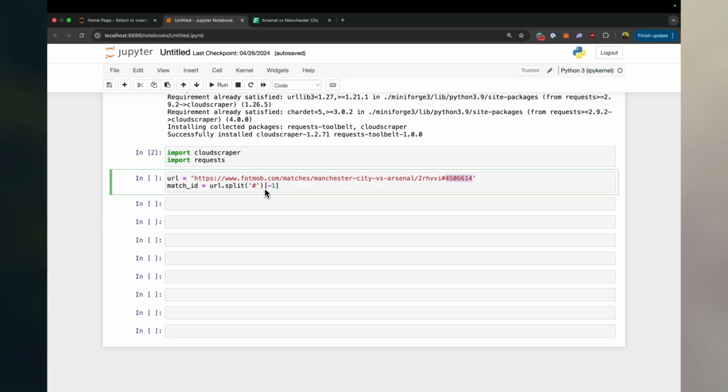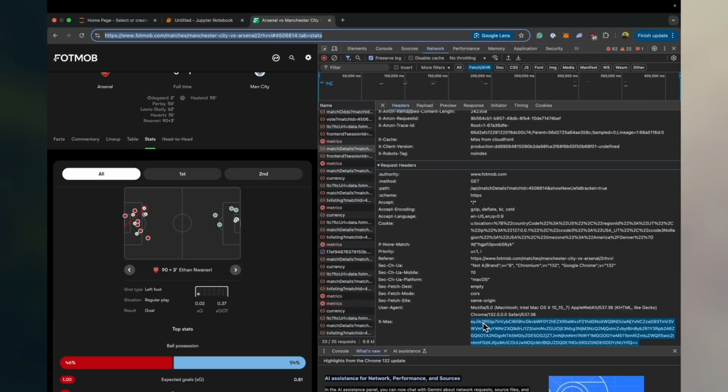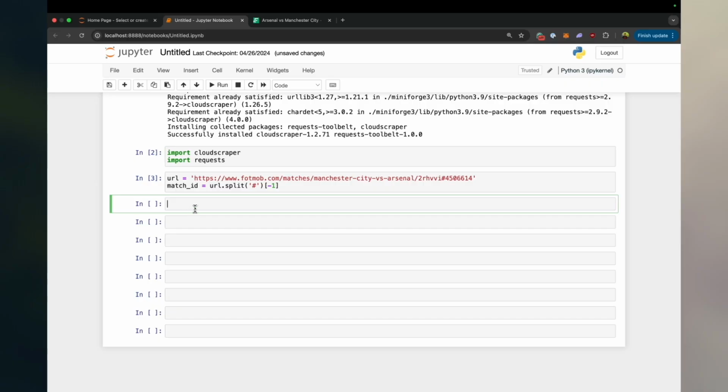So now we don't have to manually type in the match ID. We can just give it the URL, and this code will extract the match ID for us. And so now what we need to do is get this request token, so we need to get this request token before we actually go and get this data from this endpoint. And so to do this, what we're going to do is we are going to say request underscore token equals